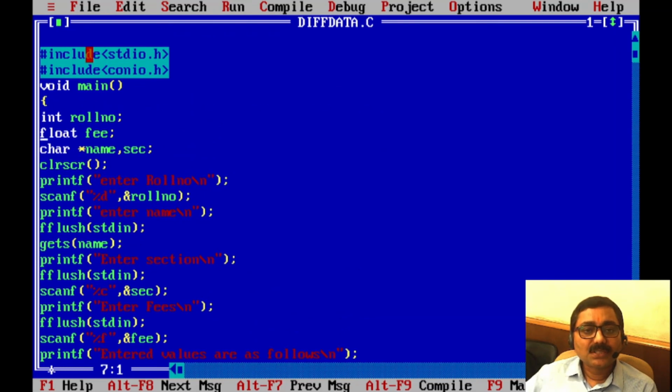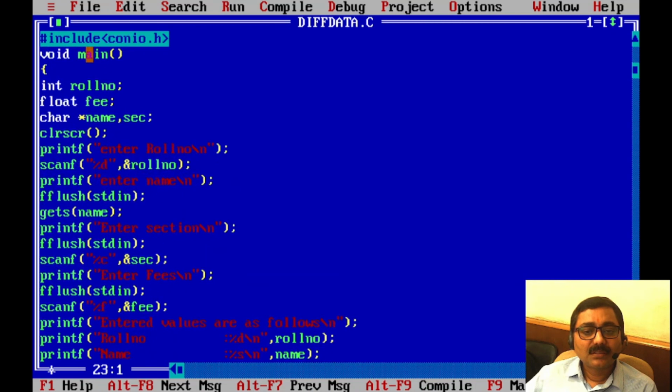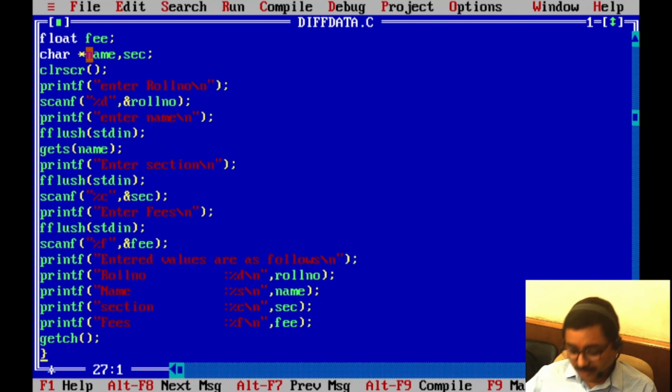This is the declaration section, int, float, char declared. This is the reading section. fflush is to clear the buffer. scanf for reading character data, %f for reading float data, and then we are printing this all.